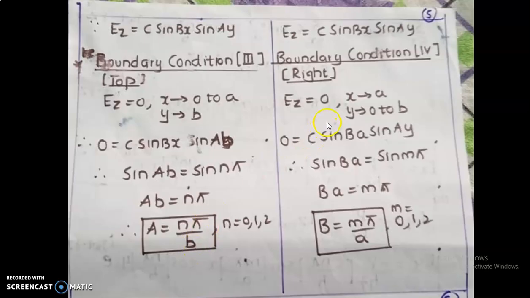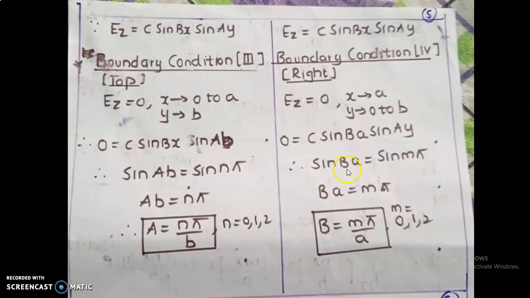Now similarly, you have to use the same equation of boundary condition 2 that we got. As we got A, similarly we can find B. Here what you have to observe is that x tends to A, so substitute x as A and the remaining is a variable. So now I can say that this multiplication becomes 0. It cannot be the variable part, so definitely this term makes it 0.